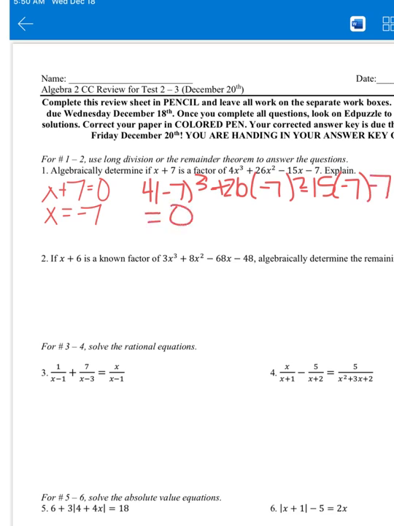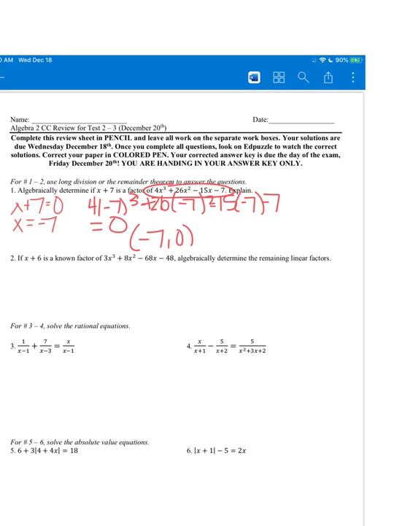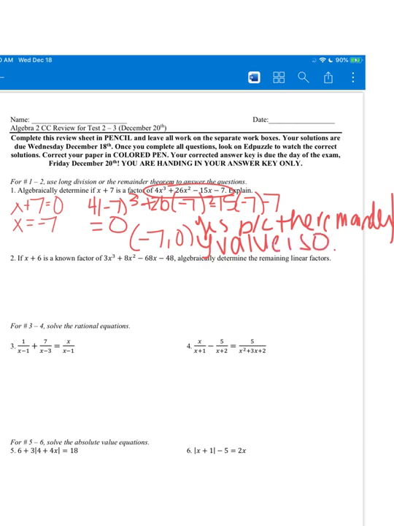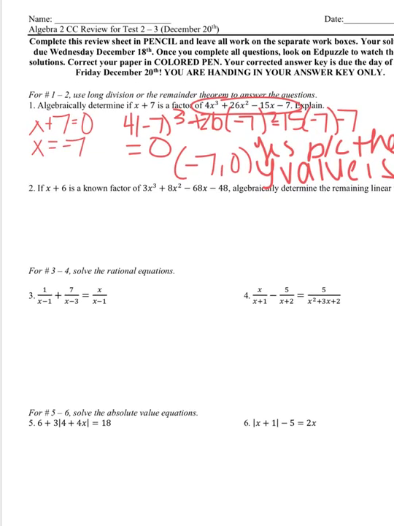So this function contains the point negative 7 comma 0. So is it a factor? Yes, it's a factor because the remainder, or the y value, the remainder slash y value is 0. So again, you can do long division. If you do long division correctly, you should get a remainder of 0, which also means it's a factor. So either way. Number 2, if x plus 6 is a known factor of that, algebraically determine the remaining linear